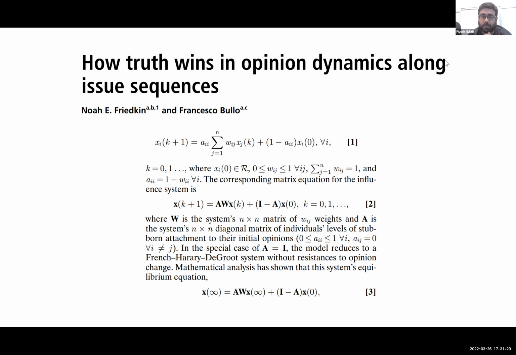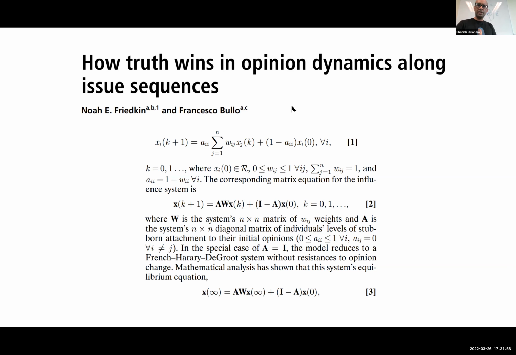We are looking at all the members that you are connected to, and you're basically doing a degrouped averaging of beliefs. So it's taking all of their beliefs and putting the weights W on them. So W in this is basically the weights on these people and taking the average of them. Plus there is this element here, which is introduced by, this is not in degrouped averaging, but it is the,